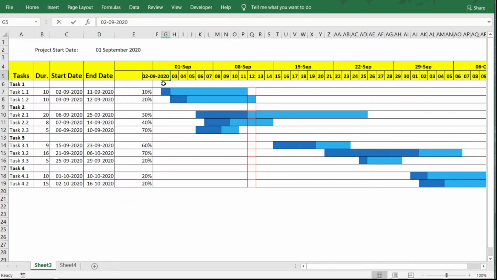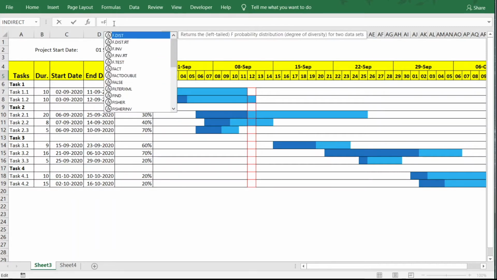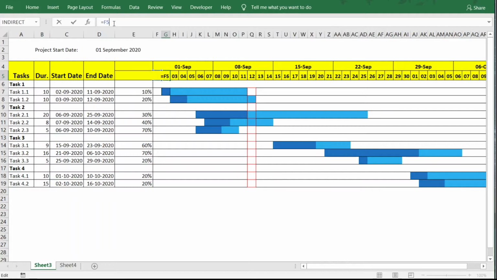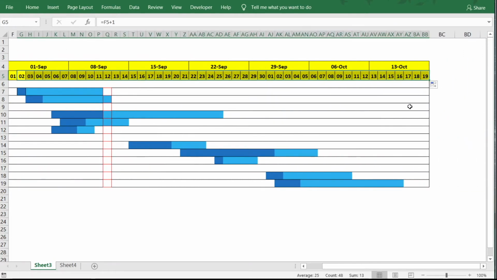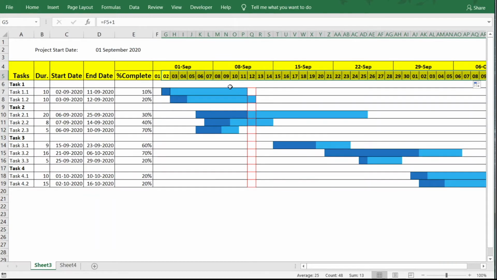So this would become F5 plus 1. So that becomes 2nd September, and the rest of the dates we can just drag and do the flash fill,